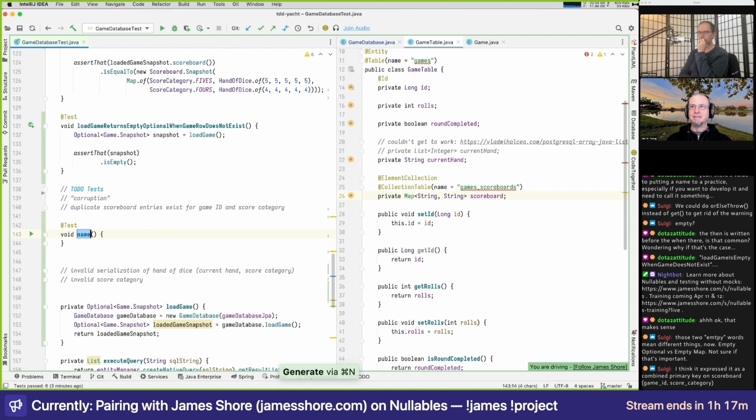What do we want to happen? Should it just throw an exception? Yeah, I think you should throw an exception. And then it's the application logic's job, and it's a checked exception. So we could do it functionally and make it an optional and have loadGame return an error type. But I don't think that's a normal thing in Java, is it? Yeah, no, that's not typical. I think a checked exception is the Java way to do it. Yeah, so let's throw an exception.